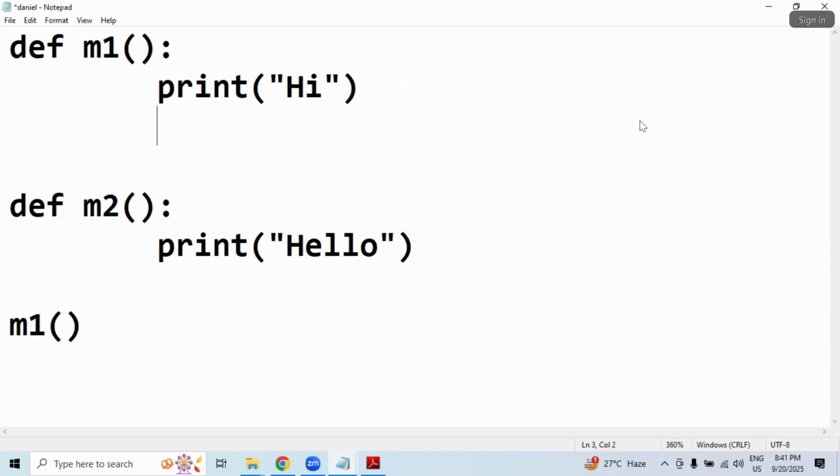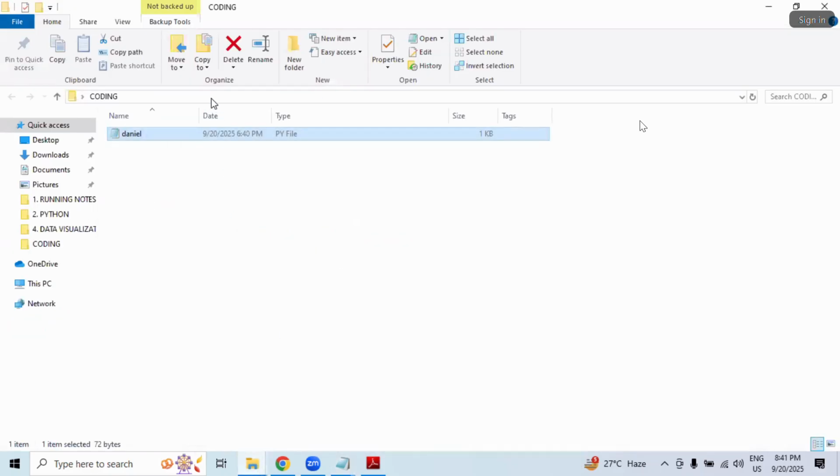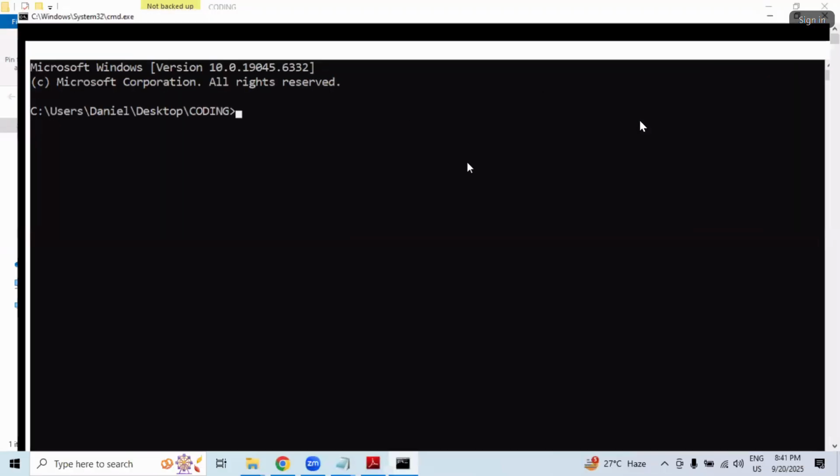Inside M1, you can go for M2. Tell me the output. What output will come, sir? You should tell the output for this, sir. Otherwise,